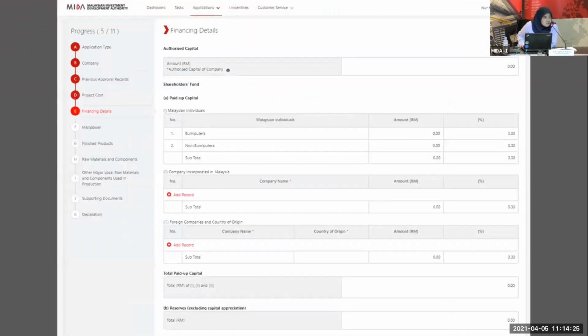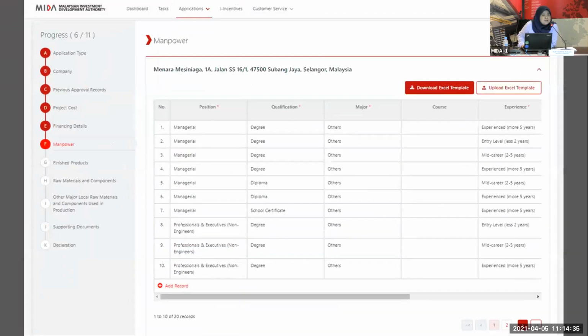Okay, the next section is on the financing details. For financing details, please fill in accordingly all the required information. Okay, the next section is on the manpower. For manpower, we have provided an option for you to fill in the manpower information by Excel.